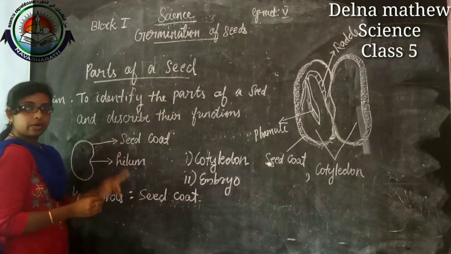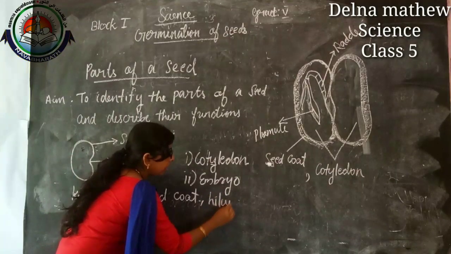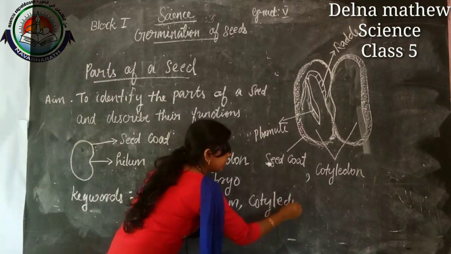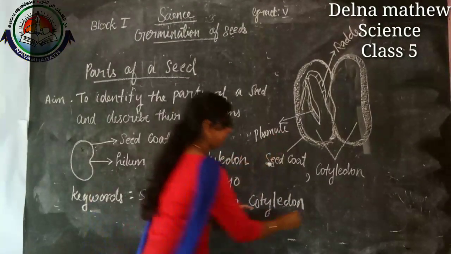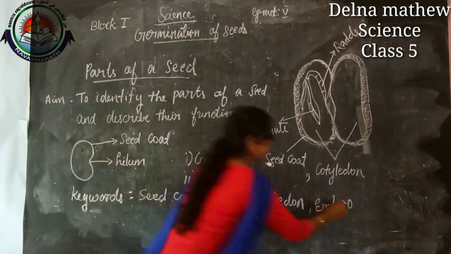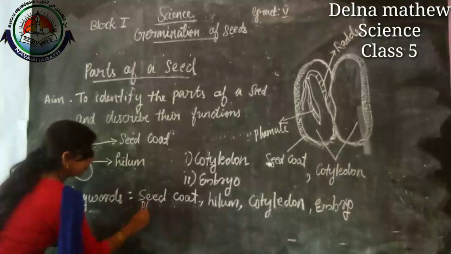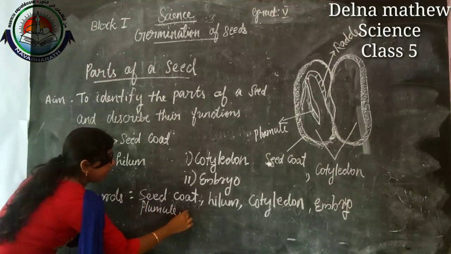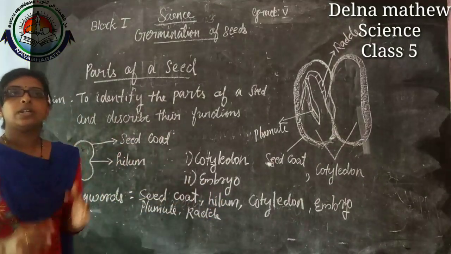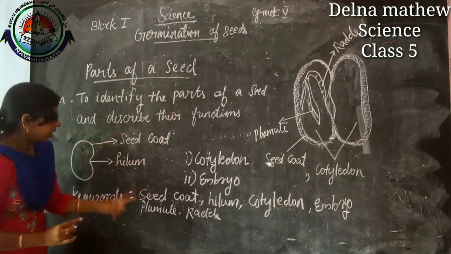In this lesson, what are all the new words we learned? Seed coat, then the second one is hilum, and the third one is cotyledon, then embryo, then plumule and radicle. These are the new words or keywords we learned in our first lesson, and you should